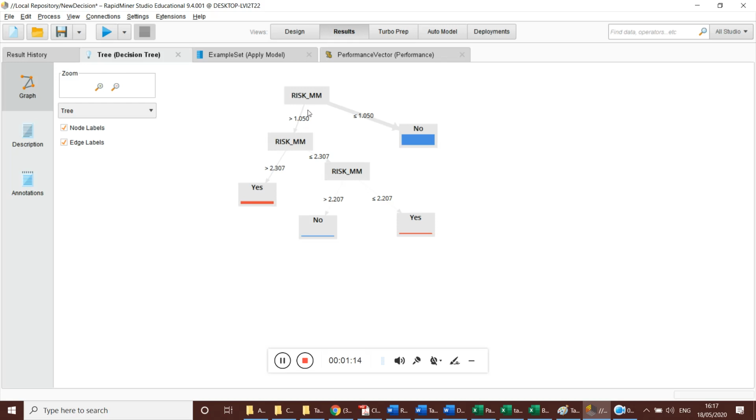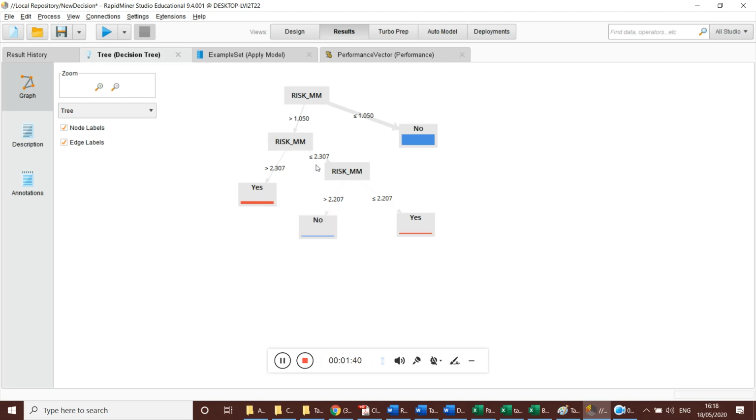If the RISK_MM value is greater than 1.5, there is a possibility of raining tomorrow, but it needs further conditions to be verified. The first condition is whether the value is greater than 2.307 or not. If yes, it is definitely going to rain tomorrow.